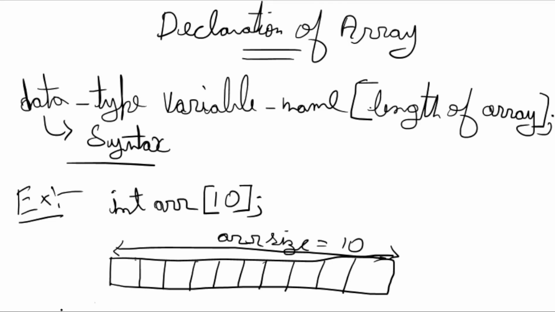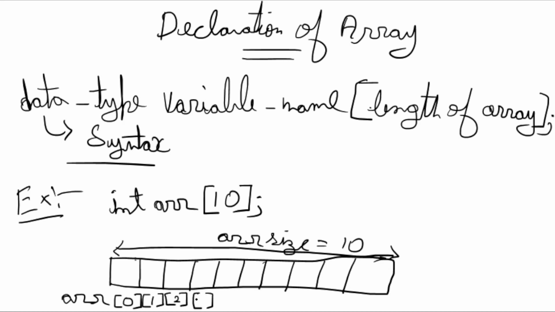So the first array index is 0. This will be your indices line. So first is 0, second is 1, third will be 2,